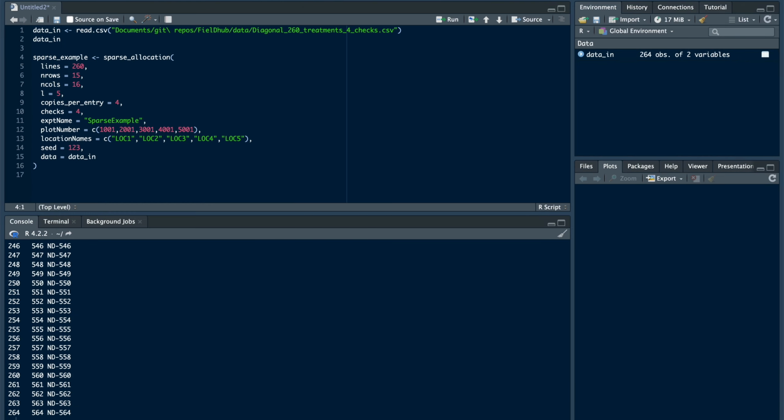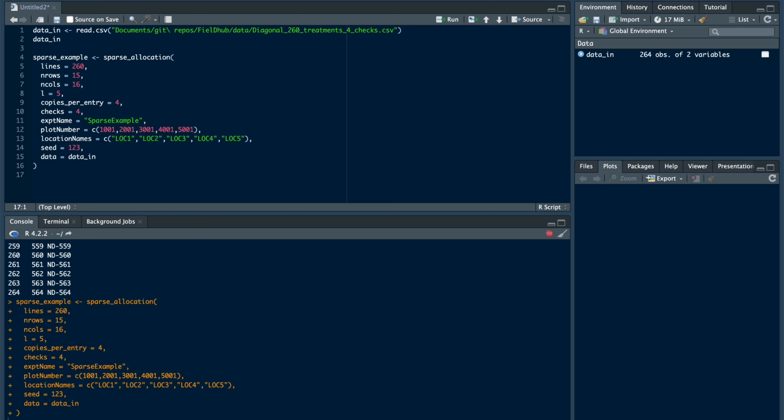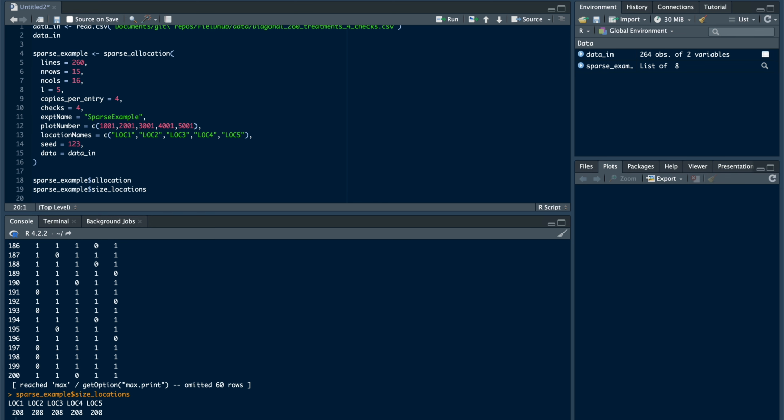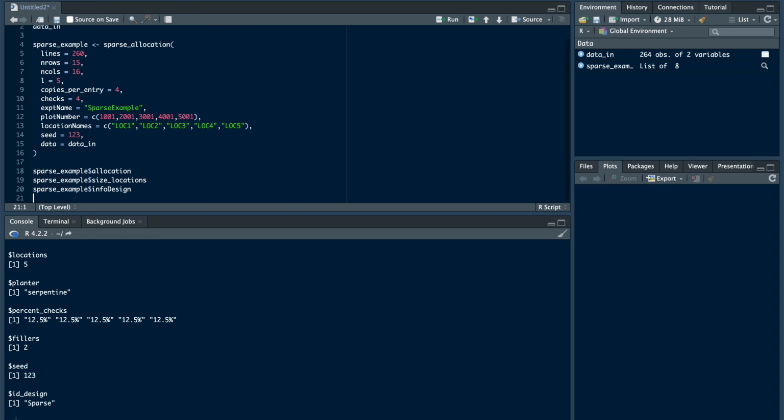Once we enter our arguments for the function, hit Run. Then our sparse_example object contains 8 elements. The allocation table, which is accessible with sparse_example$allocation, a list containing the number of plots in each location, accessible with sparse_example$size_locations, a description of the design parameters in the experiment, which we can get with sparse_example$info_design,